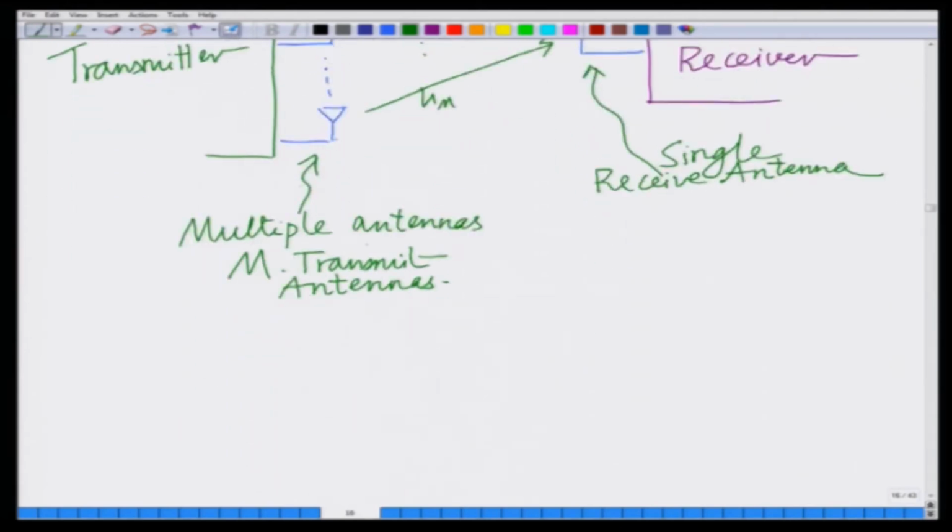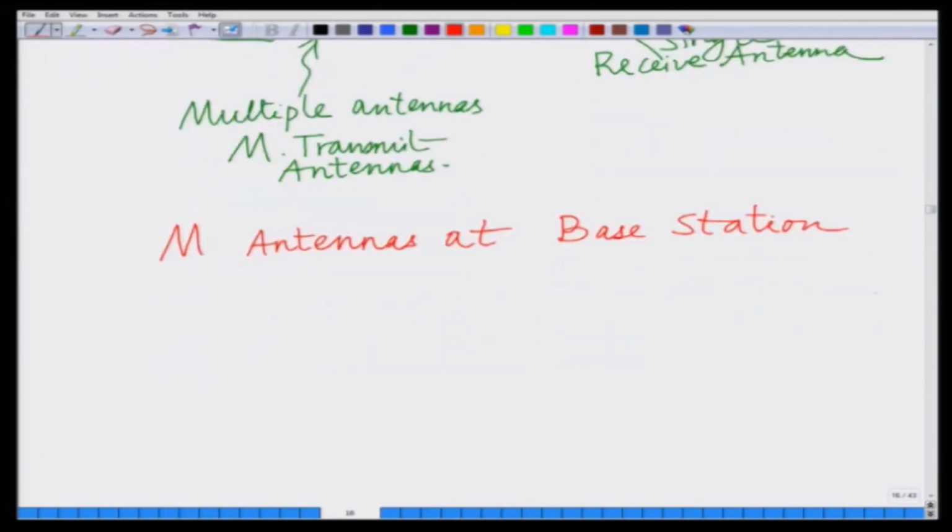So, basically what we are saying is we have a total of M antennas at the base station, and Hi denotes